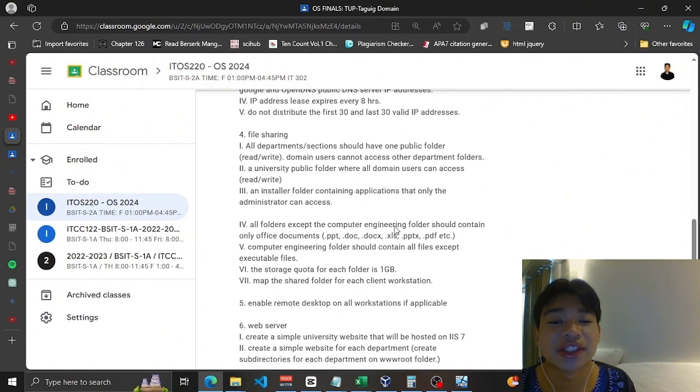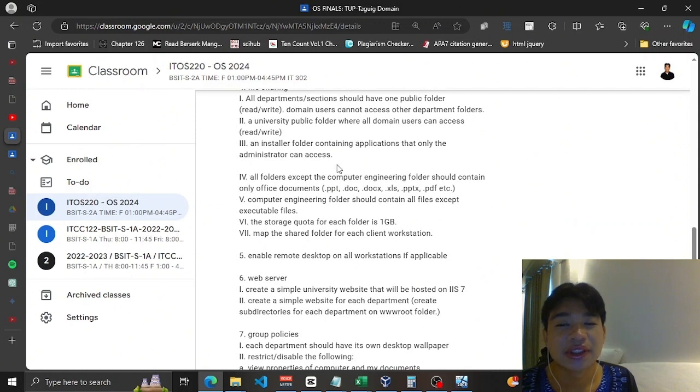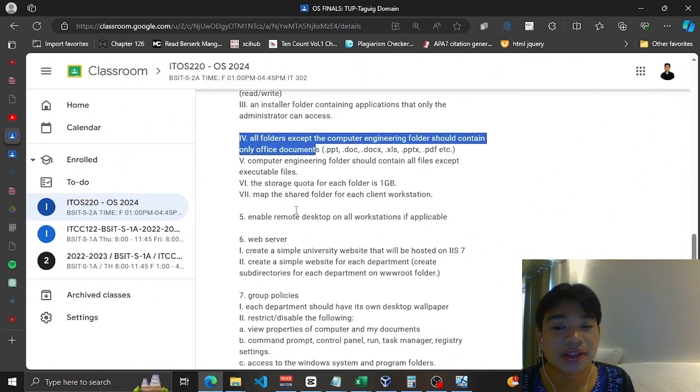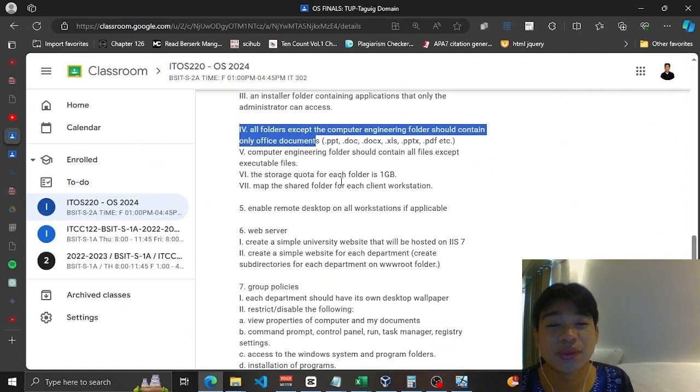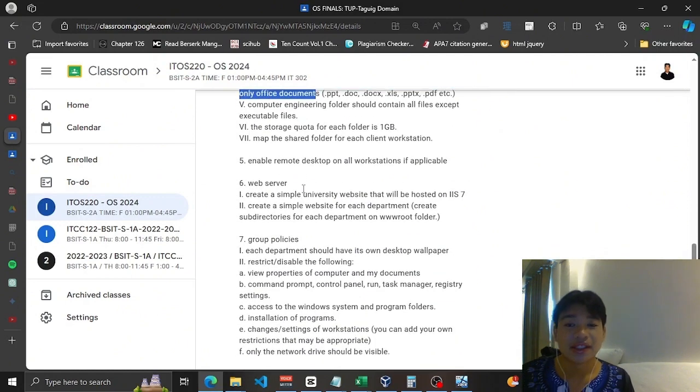So for the file sharing, we're able to do that and then share it to ensure that only the domain users can access it, and domain users cannot access other department folders. We also have a university public folder and an installer folder. So yeah, we've already done this using the file screening, and then the storage quota of 1 gigabyte and mapping it. The next is enabling remote desktop on all workstations, as I have demonstrated a while ago that I was